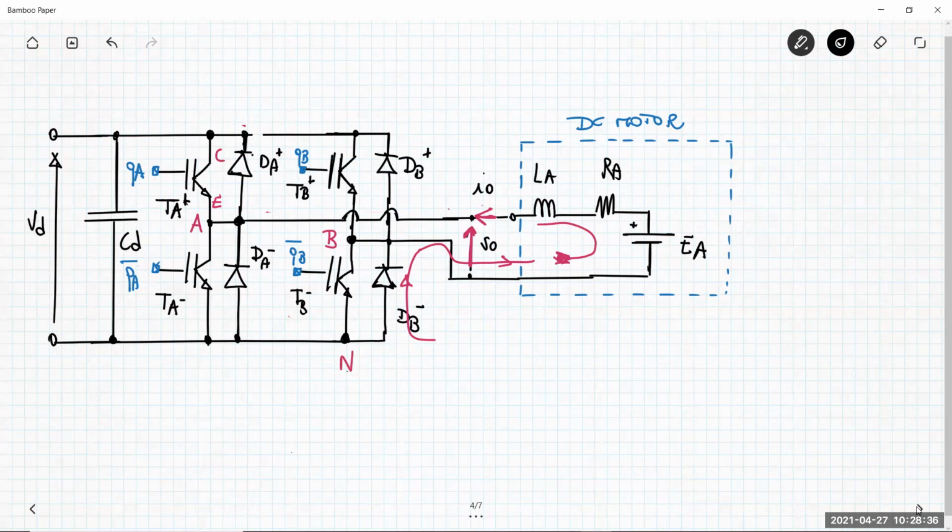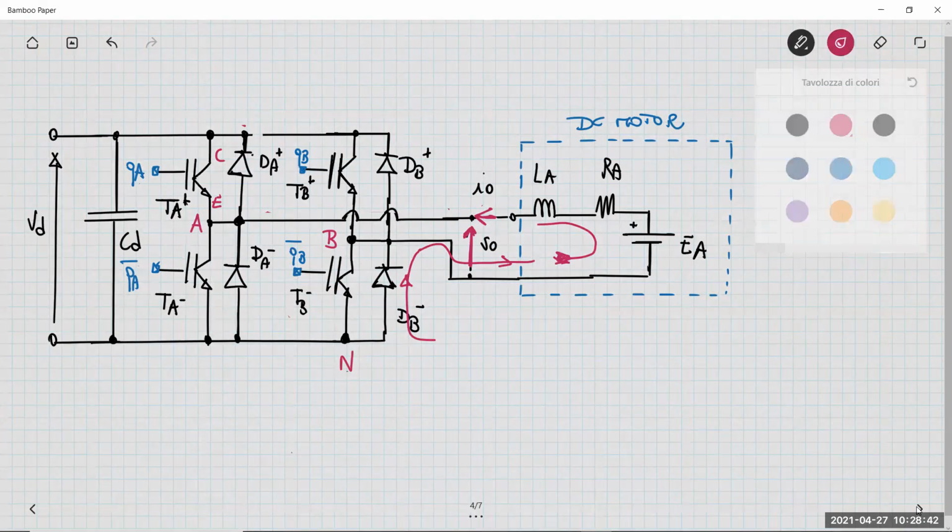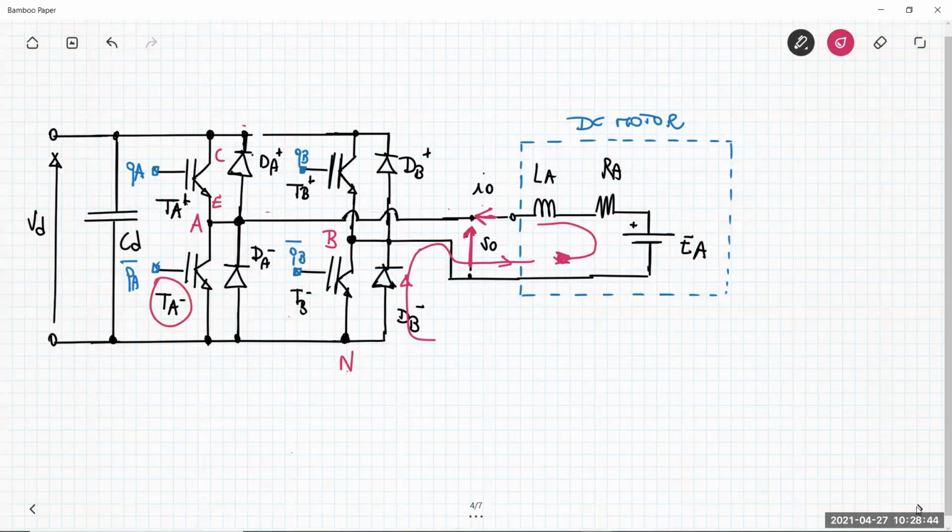Okay, now the current is negative. We have TA minus and TB minus that are on. The current, which is negative, can be conducted by, let's see what happened here,